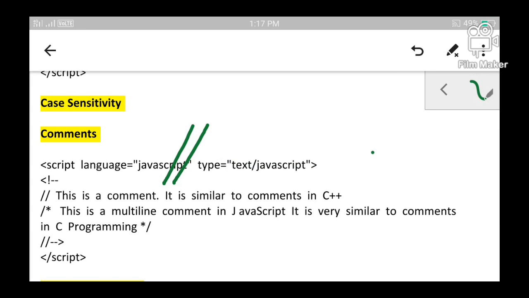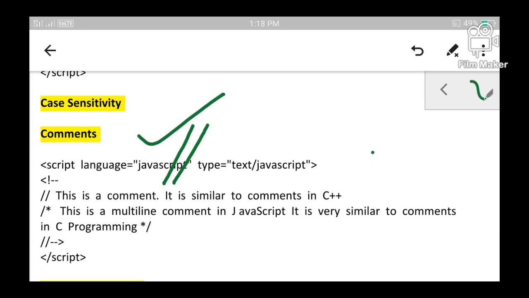So two forward slashes mark a single line comment. If you are writing something on the next line, it won't be treated as a comment because two forward slashes represent a comment only for a single line.